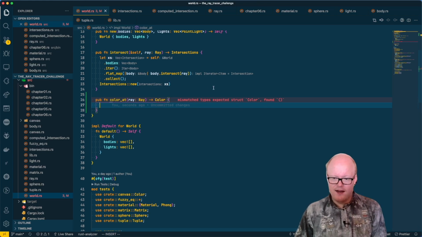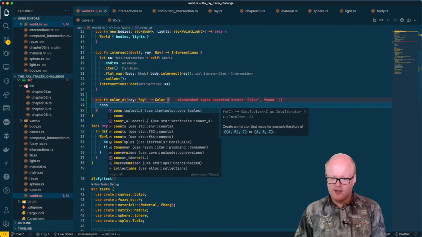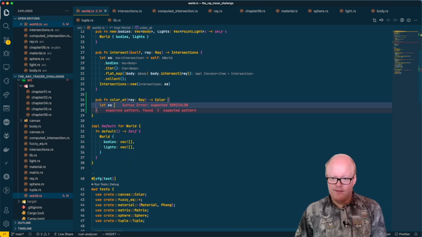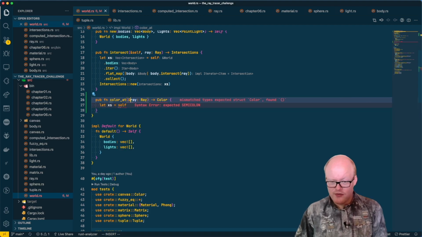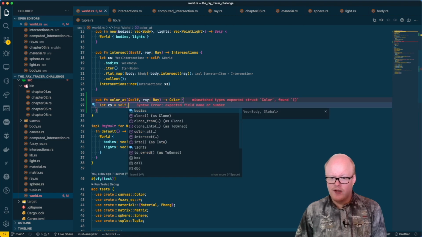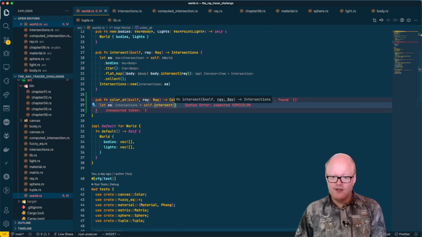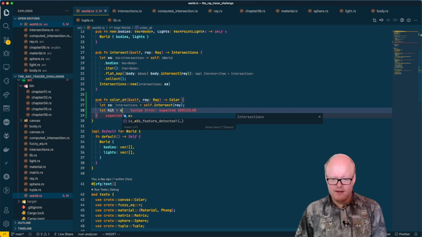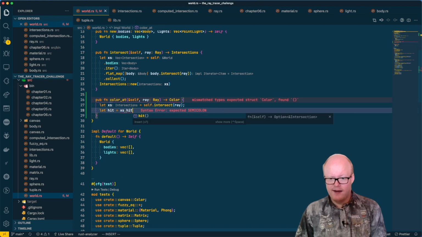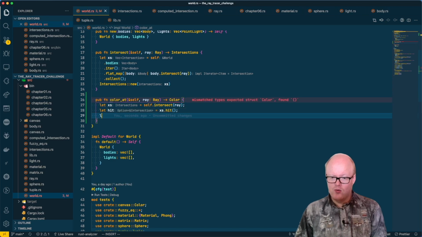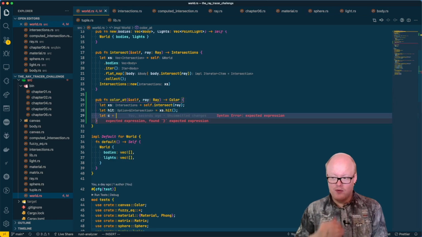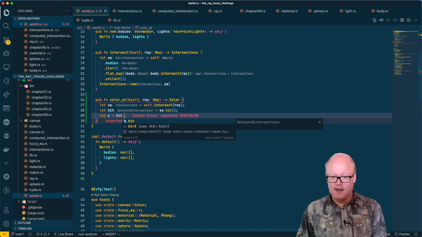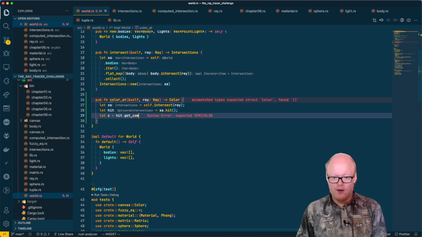So let's get those intersections. So let's get xs. We need, of course, to... I always forget to reference the self here. We need to get self intersect with the ray. So yeah, let's intersect there. Then let's get a hit from this intersection, so we can actually get this one. Then we get the computed values by telling the hit we please want to get the computed